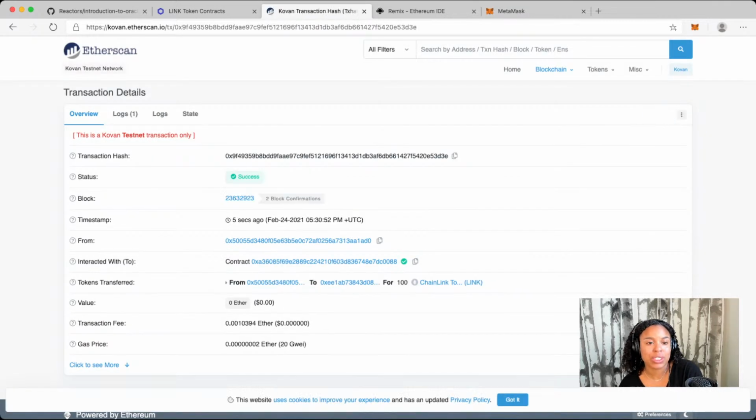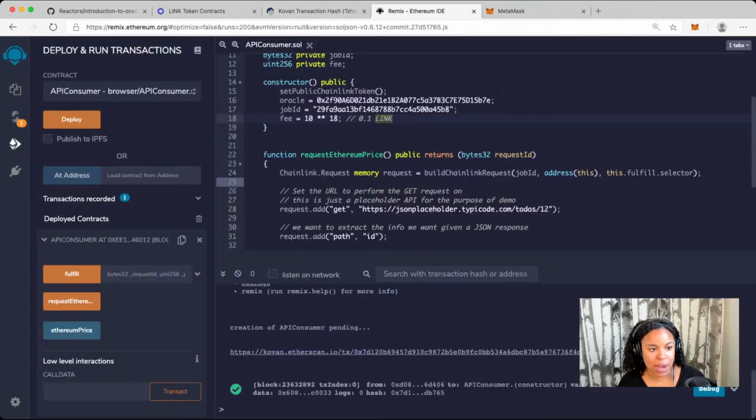I really like Etherscan. This is just another good place to come and kind of confirm that your transaction was successful. This is also just helping to kind of reinforce how blockchain technology works and being able to see the transaction hash, the block that was generated, the number of confirmations, and just lots of other metadata. That is just kind of helpful to build your understanding of all this. And if I go back to Remix now,